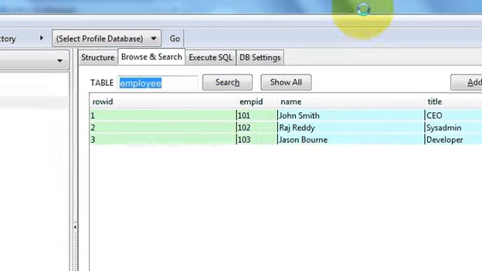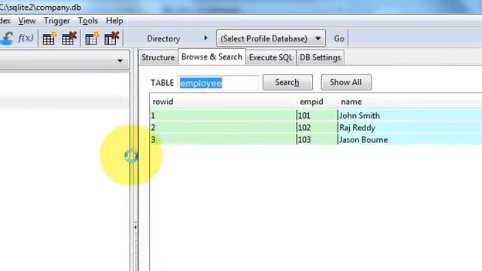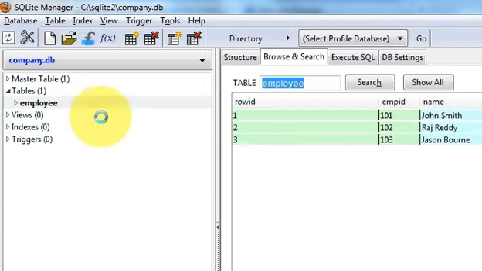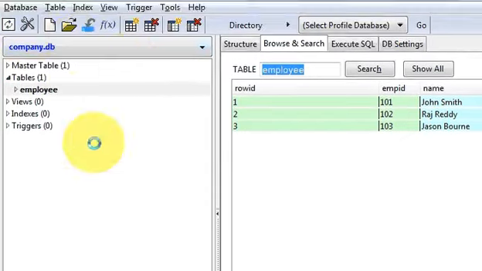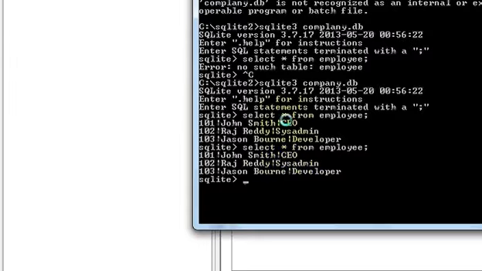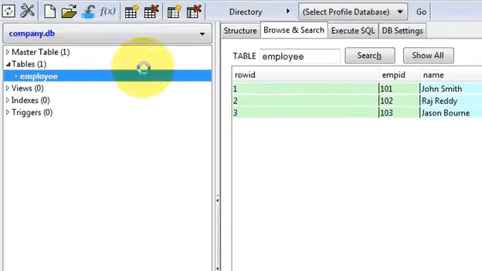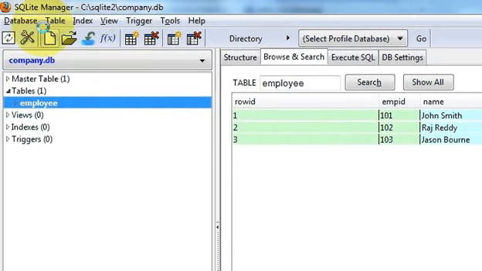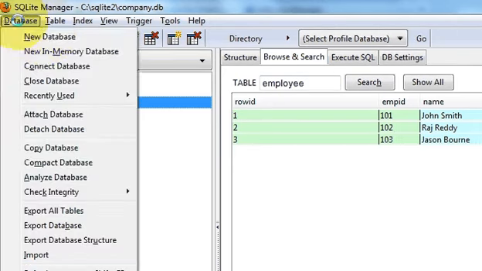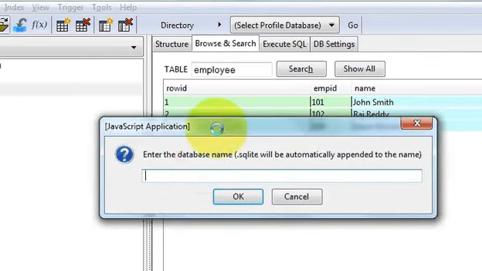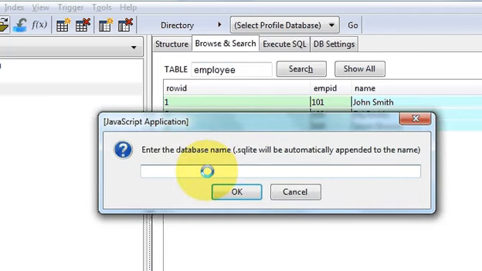So now I will show you the structure of this SQLite manager in a little bit of detail. This database you can open also, which you have created from command prompt, but if you want to make a new database you can make it with the help of SQLite manager also. So just go to database and click for new database, and it will open the message box,